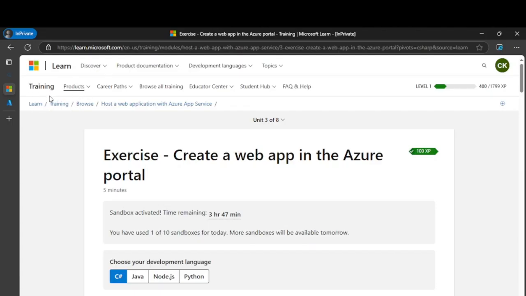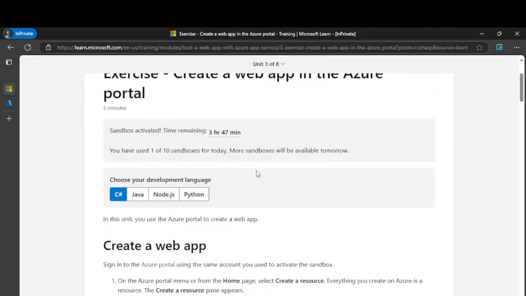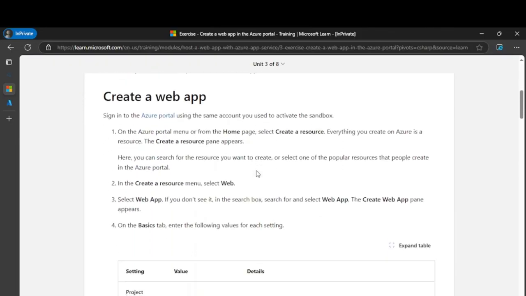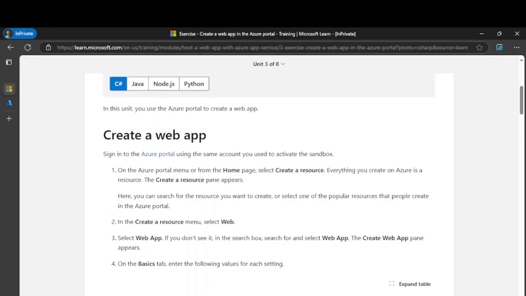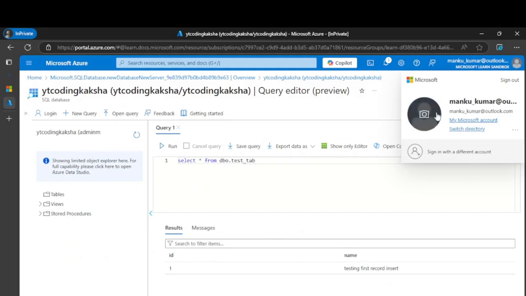So yeah, these all are official. They used to provide them for learning purposes in their documentation, for validating your document or performing hands-on work. You are getting this subscription. If you go into the subscription details over here, each and every time we are selecting the learn subscription, it will go to their costing. It will not come to your account costing. And if you have any subscription from the switch directory, you can switch to that as well.